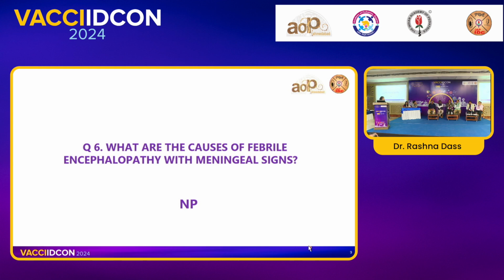Febrile meningeal signs. So what is important? Meningeal signs are usually there when there is an inflammation of meningitis. The simple thing: anytime the etiological thing is involving the meningitis, you will get the meningeal signs. There are different methods for meningeal signs, and we all know that on clinical examination.